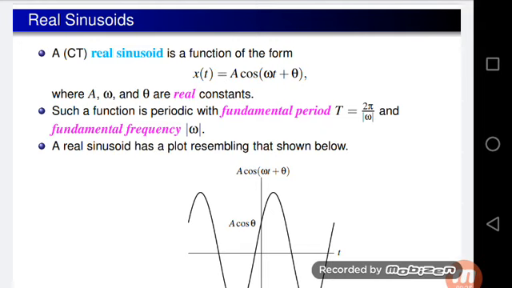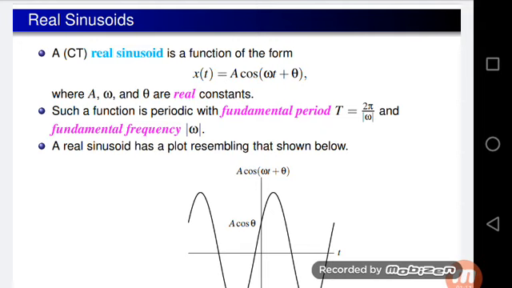These are the different formulas and different waveforms we use for simplifying and for further applications. That's why we need to know the different signals, formulas and waveforms, where they are used, why we are using them, and the importance of these types of signals. So in that process we are discussing real sinusoids.